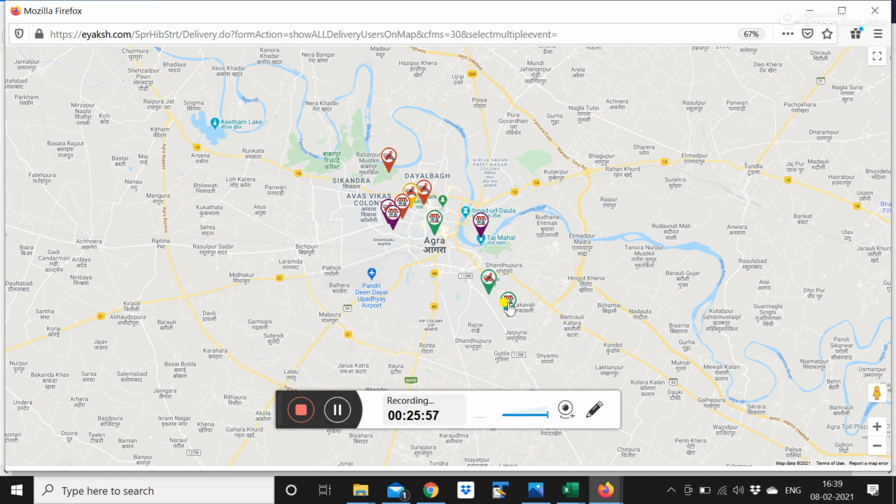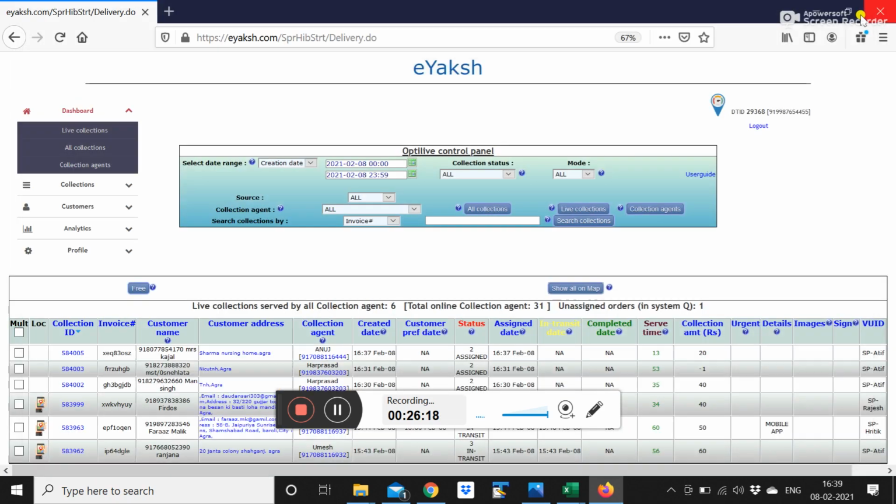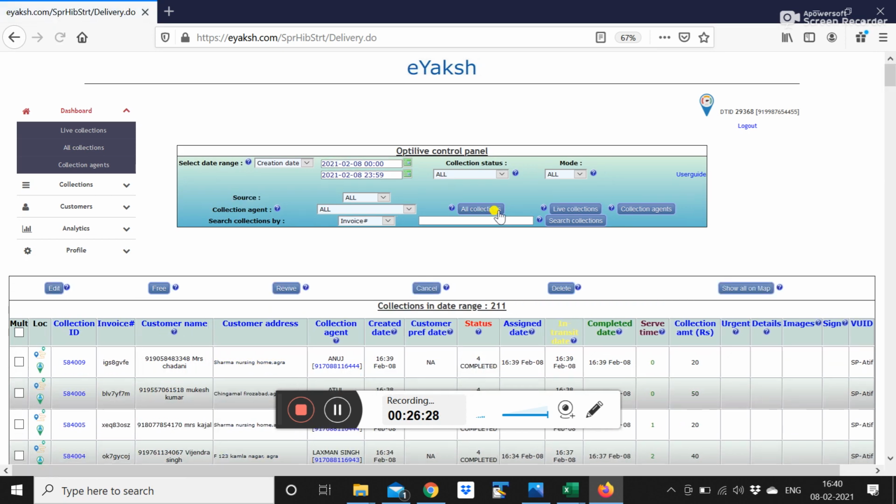Once he has completed his collection and marked it as completed in the OptiLive app, this will disappear from the live screen, and you'll get to see it under the all screen. So the live screen is actually a screen of tasks that are open to be done for today, whereas under all collections we will see those that are live as well as those that are completed. So it shows the full location. Let's see collections, it will show the entire collection for the day, and similarly it is in tabular form,